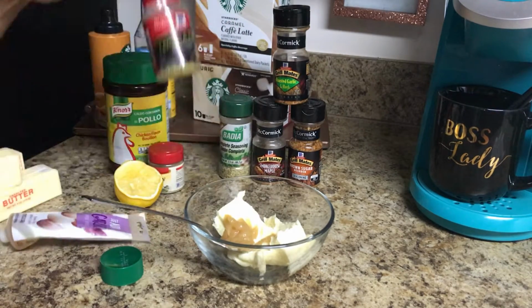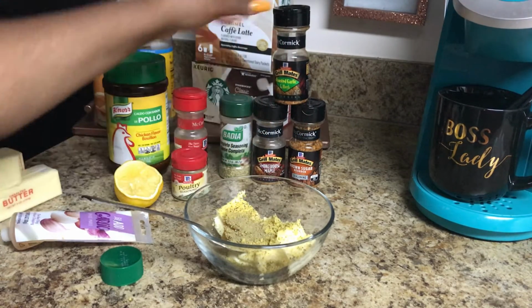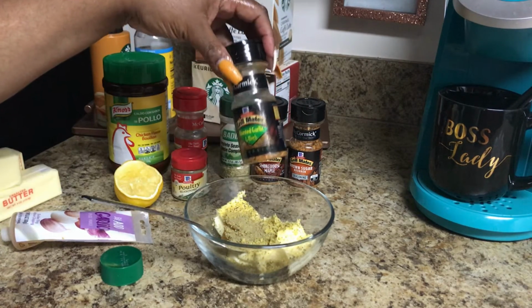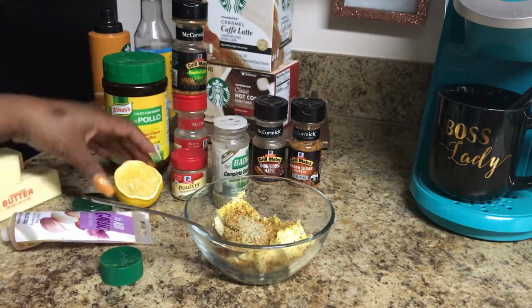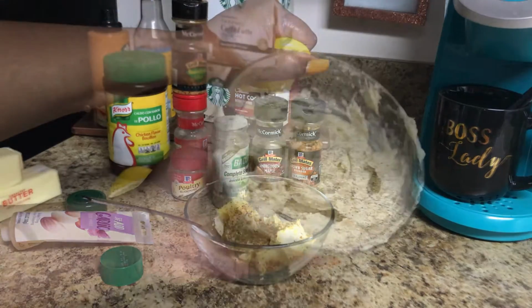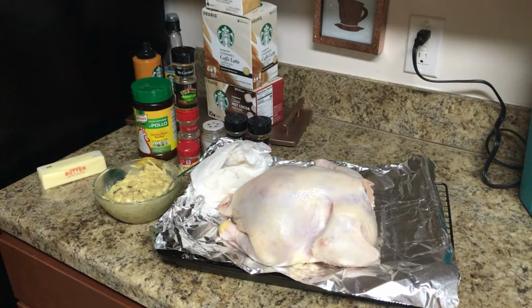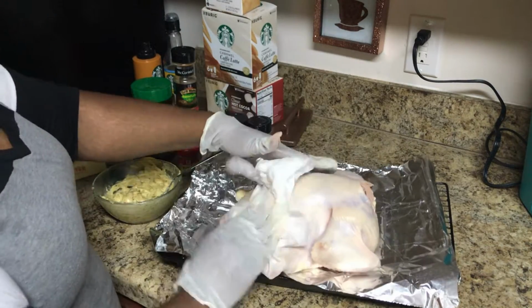So that's some unsalted butter. It's very, very important to have unsalted butter. Look at all those seasonings we're using there. We don't want to overload on sodium, so we're using a half a tablespoon of each, even some lemon to cut into all of that, because we have us a nice fat old chicken here,